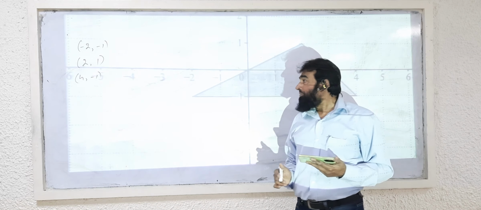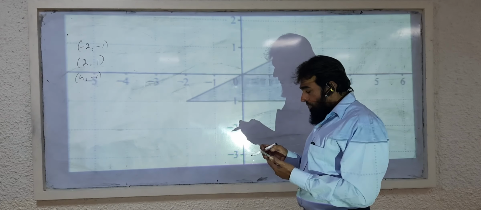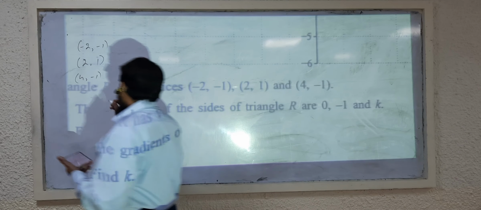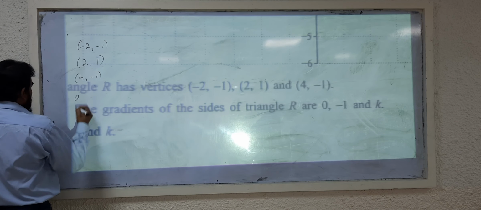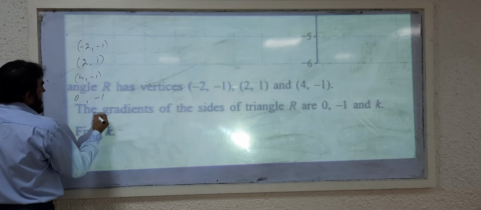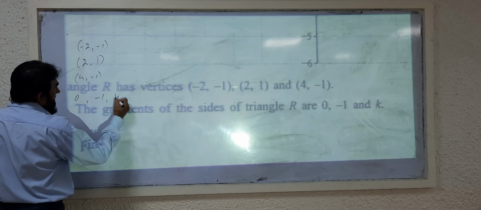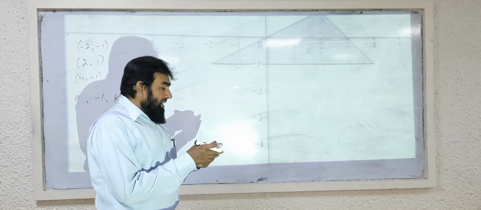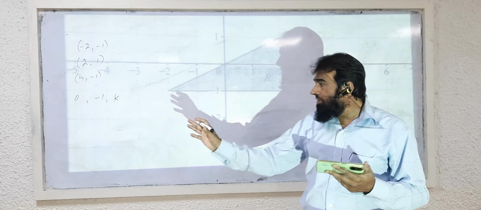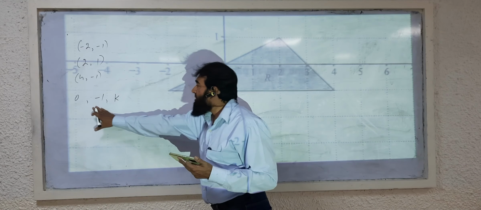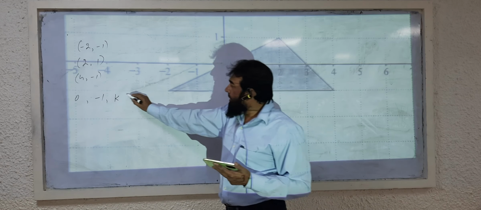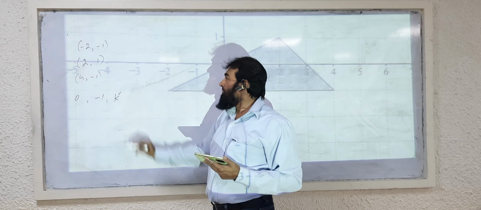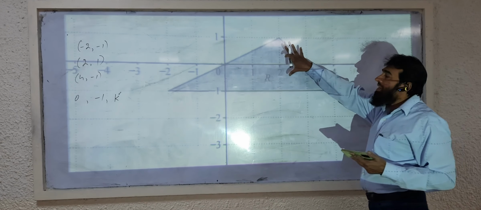Now here is the triangle. He gave me the gradients. Let me write down the gradients of the sides again. One gradient is 0, one gradient is -1 and the third side gradient is K. As you can see, he has given you the gradients of the given sides. Now we have to find out the value of K. From this triangle you will have to